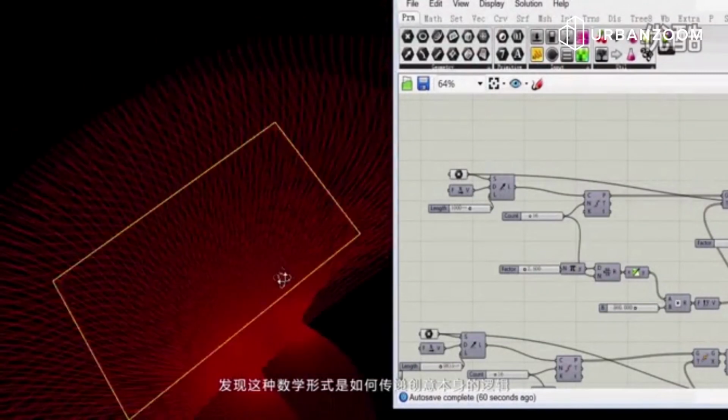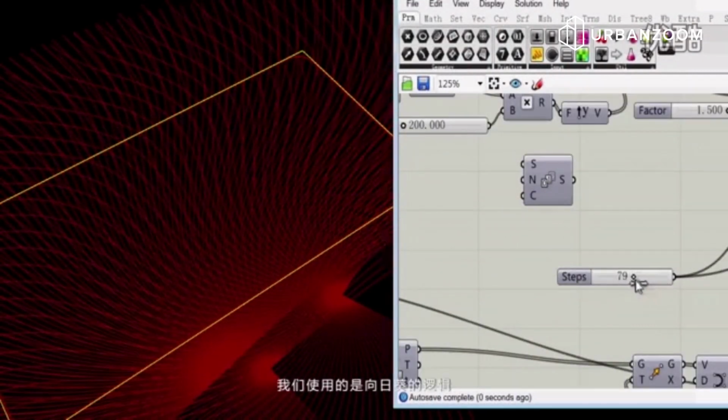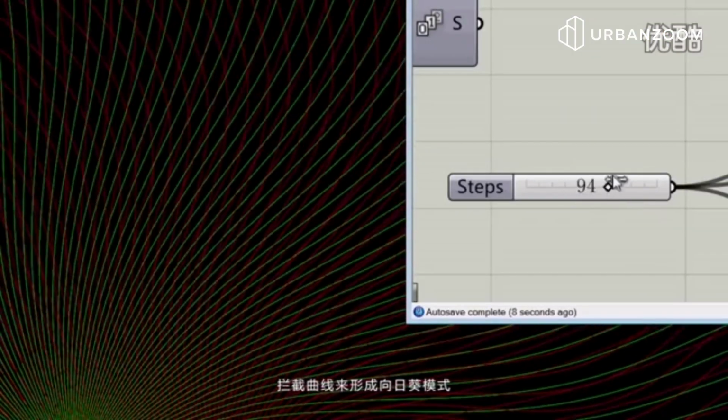I'm sorry, can I ask what is going on over here? You have a lot of lines. Can I explain a little bit? So this is actually the sunflower pattern. If you look at the sunflower, there's a number to it, the rotation of the sunflower. You look at the sunflower code, the rotation actually has a script for it. There's an algorithm. It can be expressed in a mathematical expression. And then we express the mathematical equation geometrically in a 3D software,